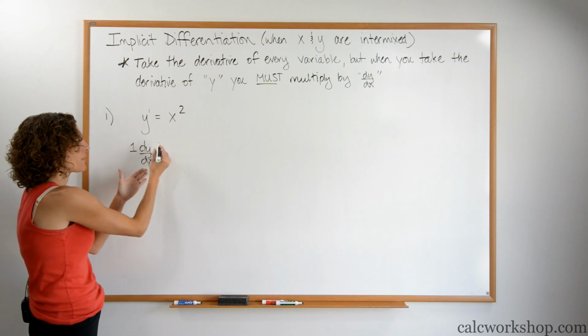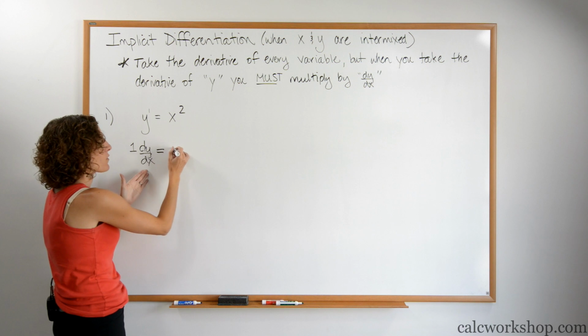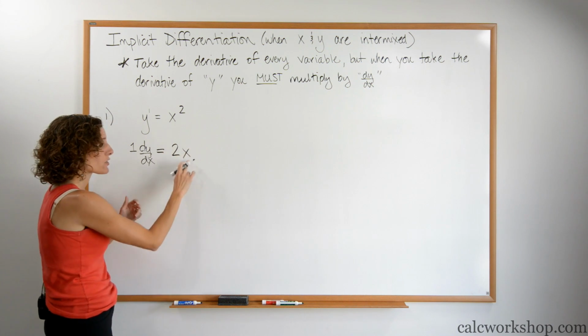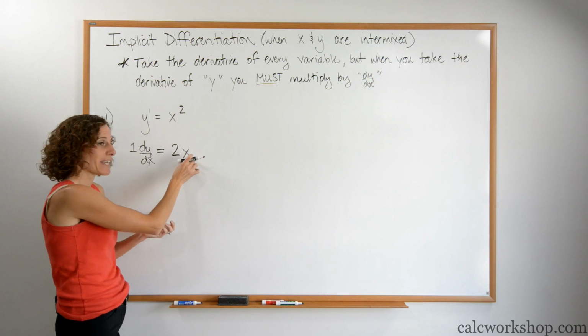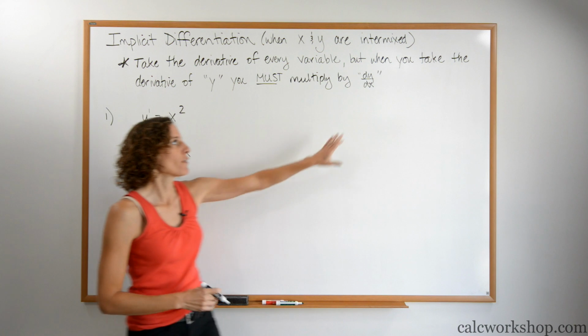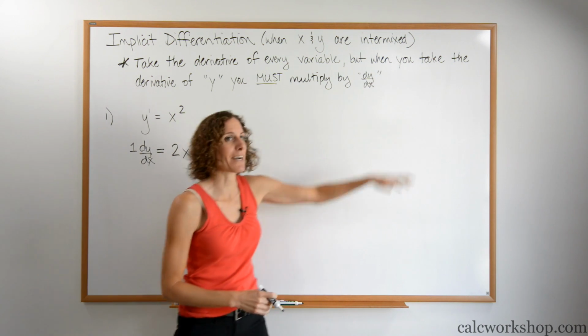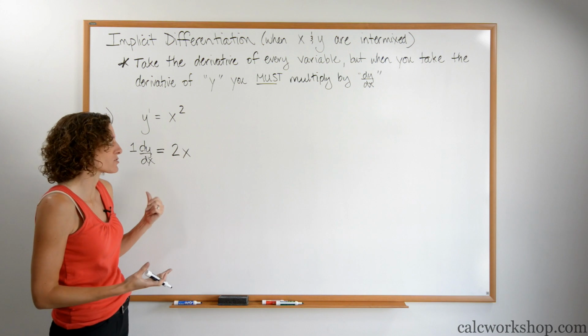Well, on the other side of the equal sign, we take the derivative of x squared. Well, that's just 2x. We don't need to multiply by anything because this function is a variable with respect to itself. Again, we're looking for the derivative of y with respect to x, so this would be the derivative of x with respect to x, which wouldn't make any sense for us to write.